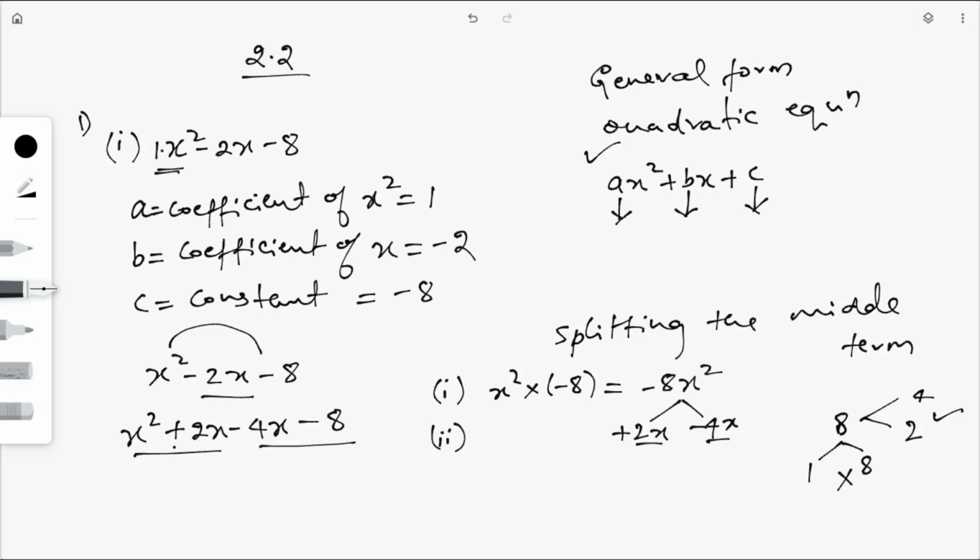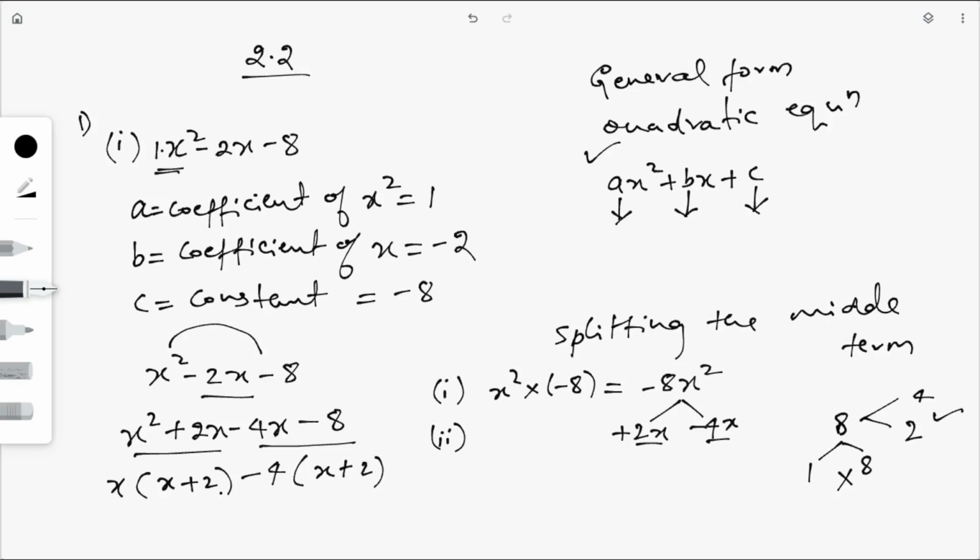So now what is common in first two terms? X is common. So if you take this x outside, then x plus 2 will be left. So here what is common? Minus is common in both the terms. Take minus, and then 4x and then 8. So what are the common factors here? How to find common factors? Find a number which can divide both these two terms. So 4, 4 divides both the terms. So 4 is the common. So if I take minus 4 outside, then you will be left with x plus 2.